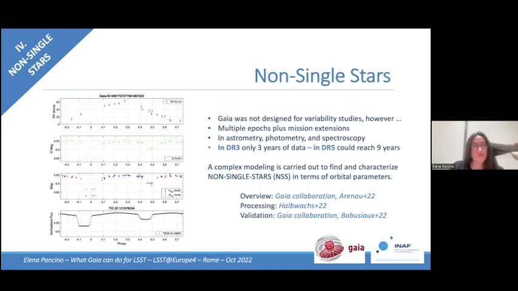The last topic I wanted to talk about is non-single stars. So as Gisella pointed out, each of the instruments, astrometry, spectrophotometry, and spectroscopy, observes sources multiple times during the mission duration. And so this is used a lot for people studying variability, of course, but it's also used to study binaries, because we can have a radial velocity curve, a flux variation, and in this case, you have an eclipsing binary. You see here radial velocity, G band, BP and RP. You see the 2 eclipses, and you see how TESS sees this source.